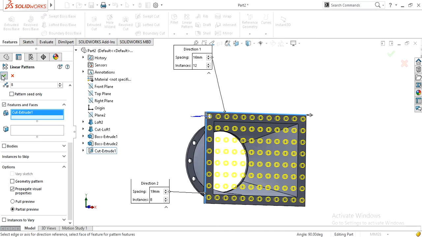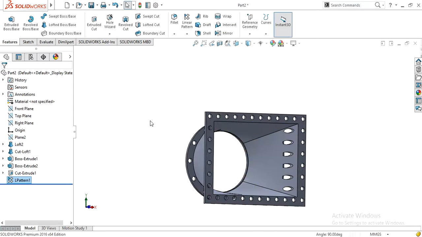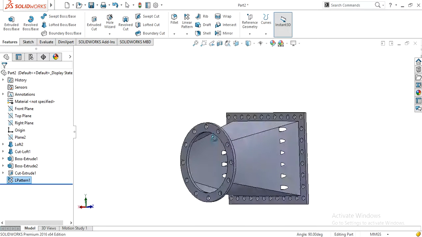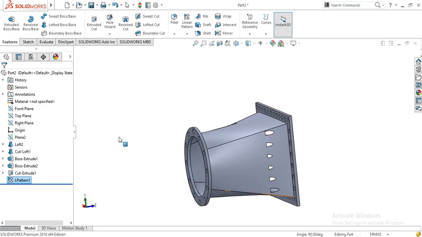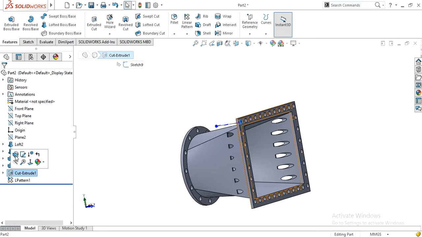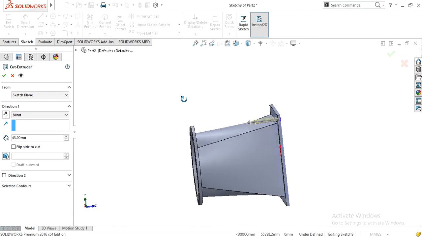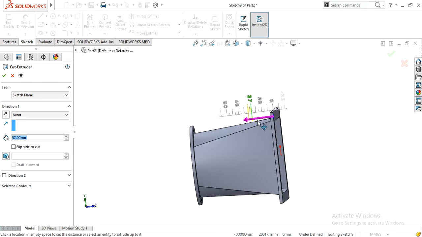So simply click on the OK, and now you can see there are also some holes there. Added this feature extruded cut, and decrease the length.